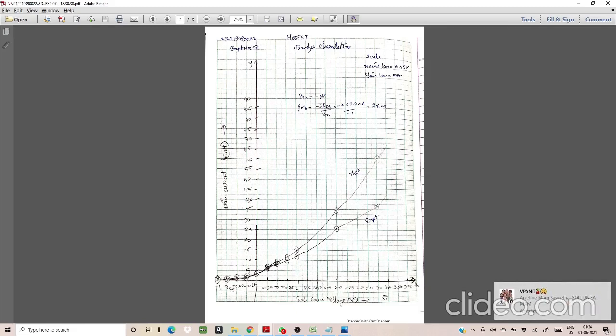You will note down the gate source voltage on the x-axis and drain current on the y-axis. So you're going to note down the values like this. Initially, I have noted down from 2 volt. You can decrease the value and note down from 0, minus 1. I'm telling you this because the graph starts from this point. It will not just start straight away like this. It must start from the origin or beyond the origin.